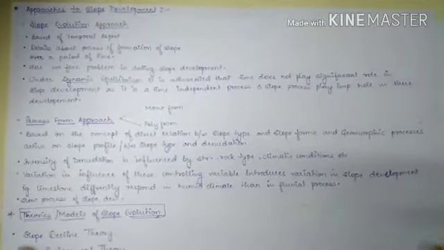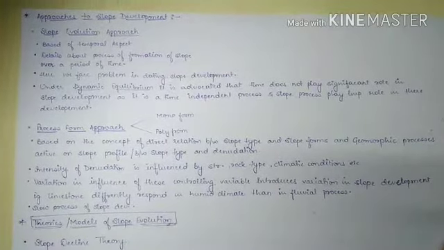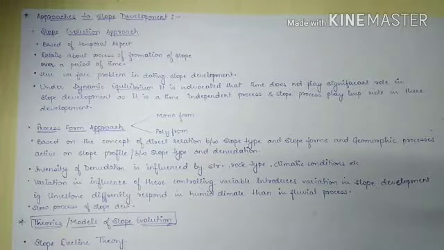Now we will look into various approaches of slope development. We basically have two approaches of slope development. First is slope evolution approach, second is process form approach. So slope evolution approach is based on the temporal aspect. Okay, so it is a time dependent aspect. So not exactly time dependent. It is basically like what was its history and how it has formed. Like what was the past of the slope, what was exactly the slope which has now gradually turned into its present state. So it talks about the detail of process of formation of slopes over a period of time,